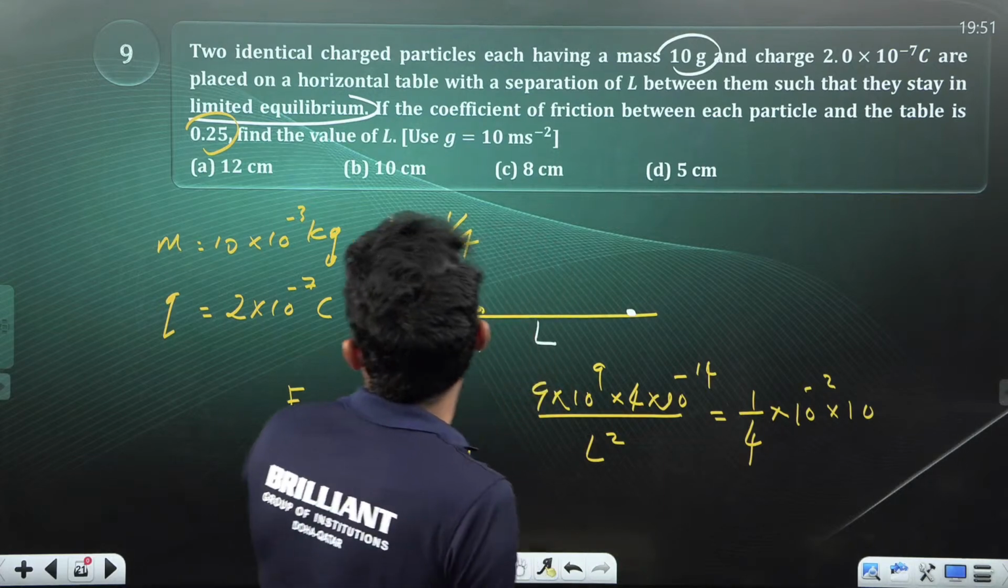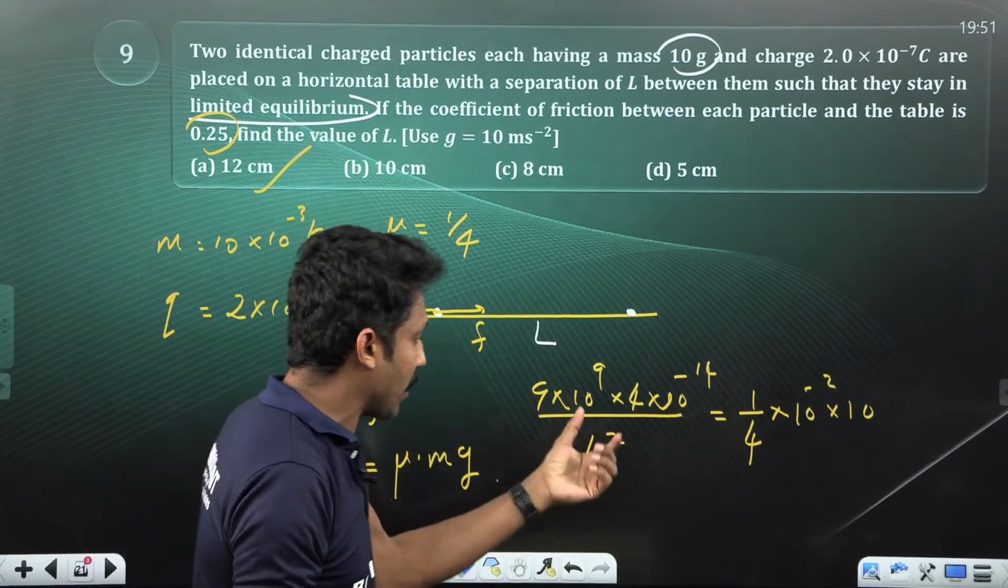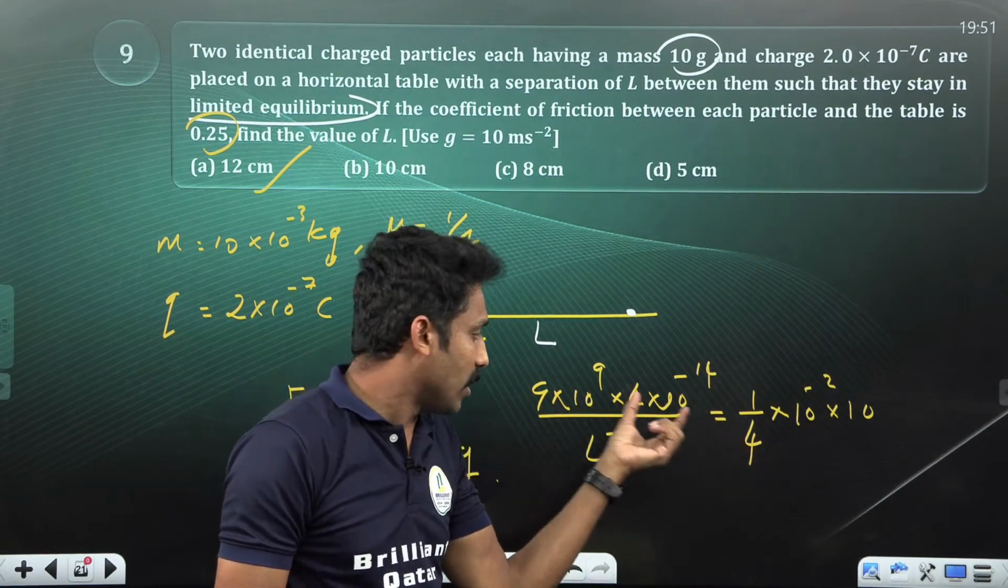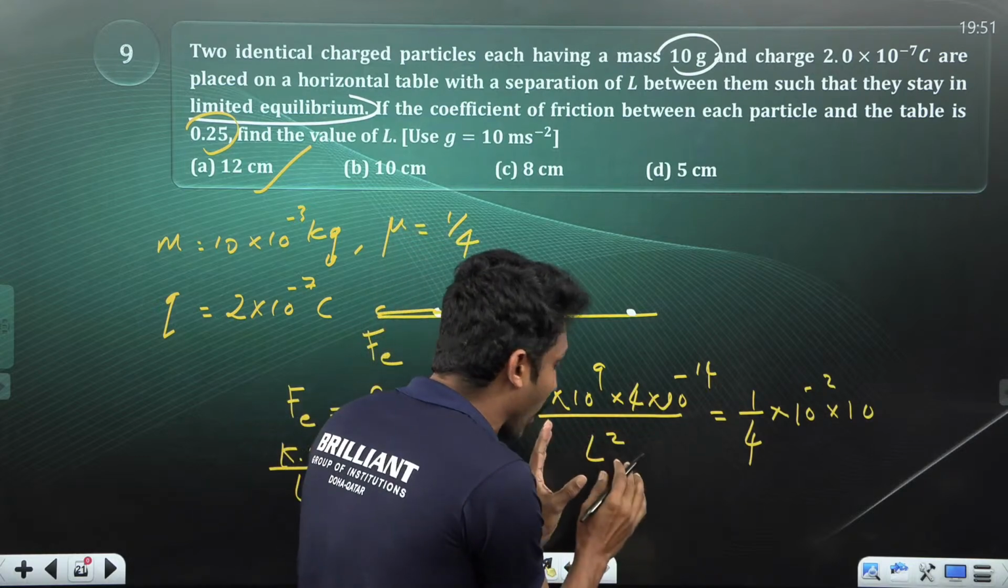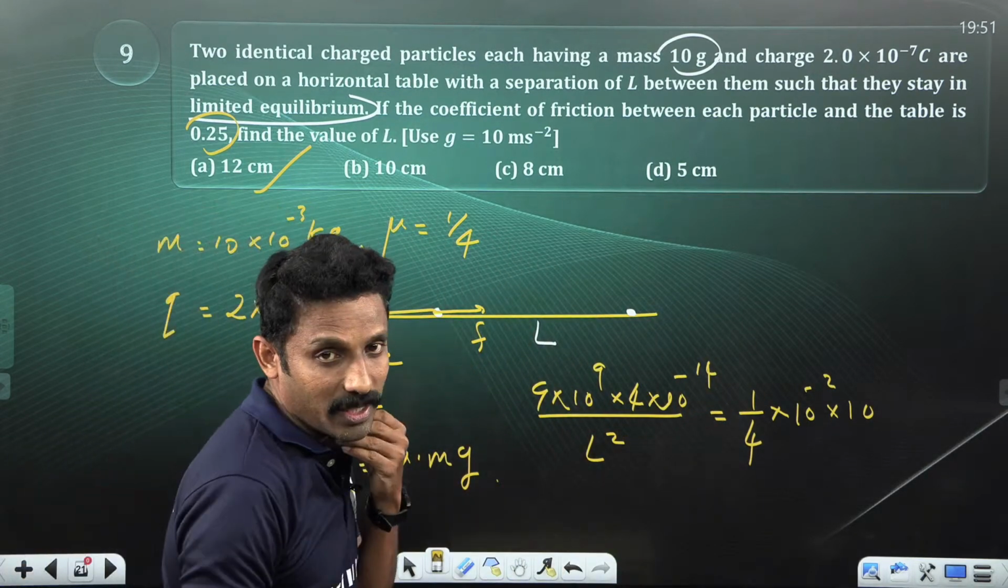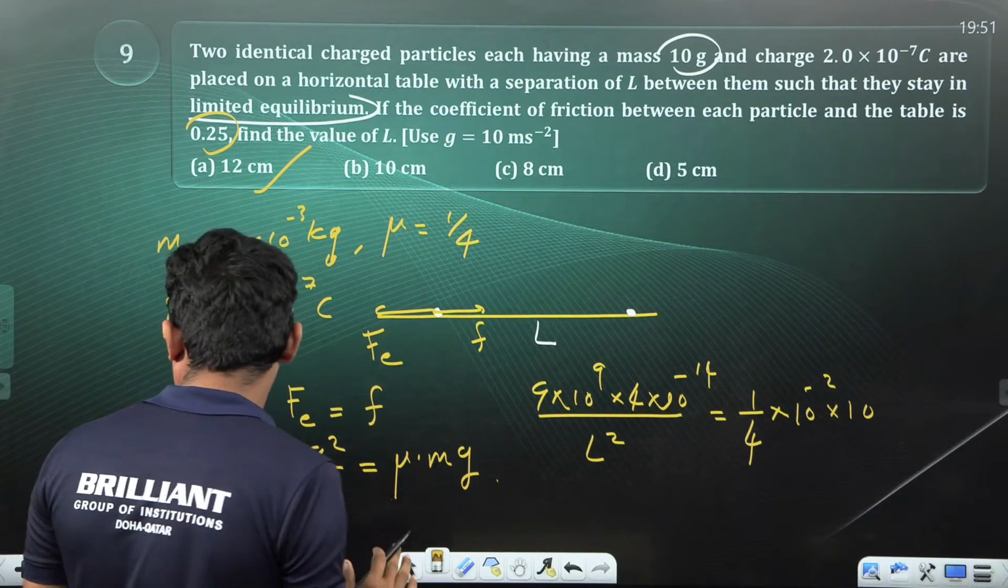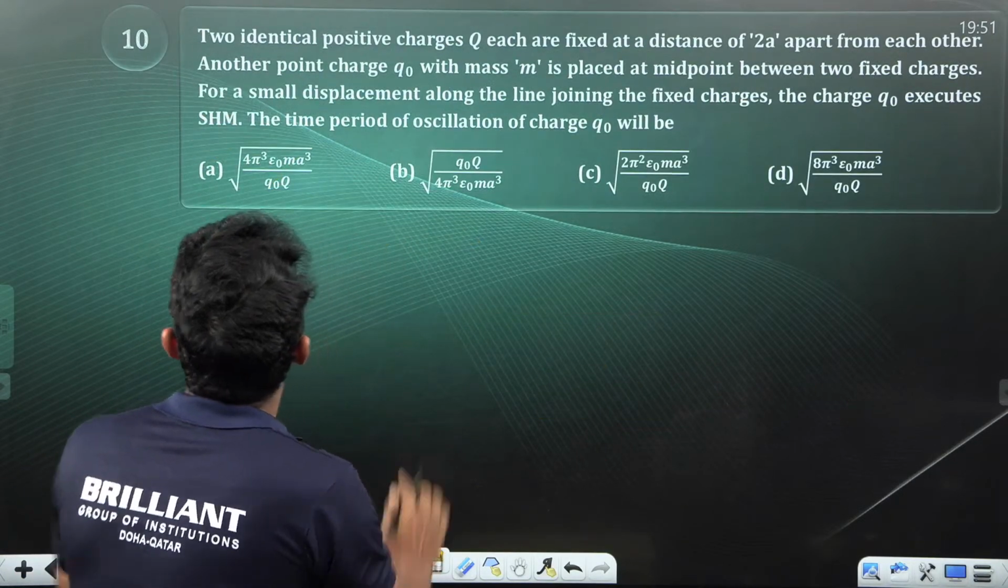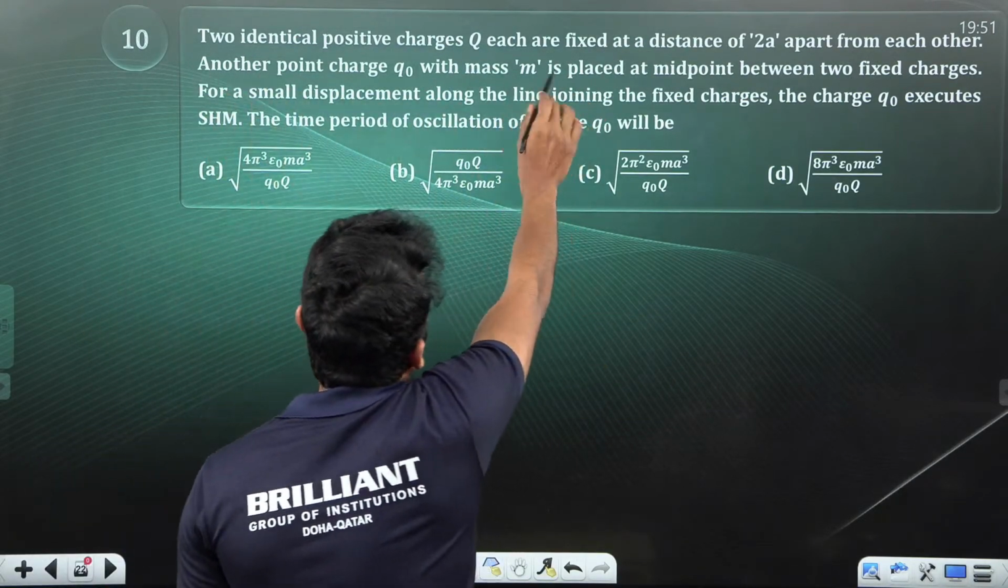We'll get the answer as, I think, 12. Very direct question only. All these are direct summation of these values, and you find L square there. Take the square root, you will get 12 centimeter. Very simple idea. Now moving to the final question: two identical positive charges Q each are fixed